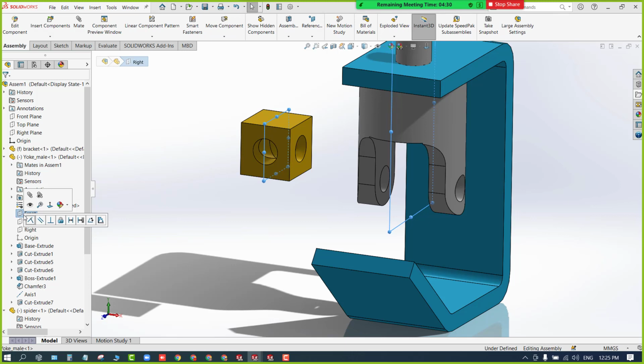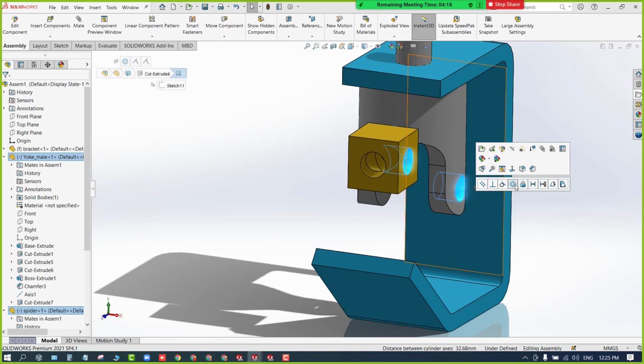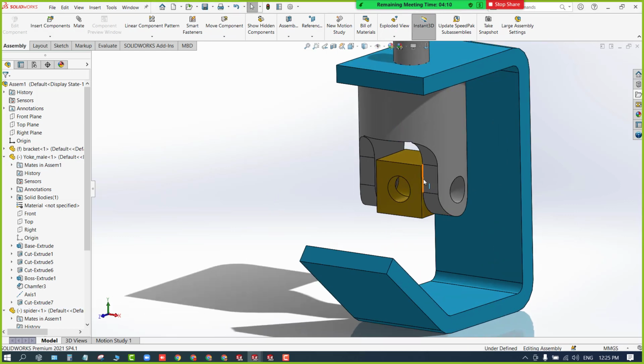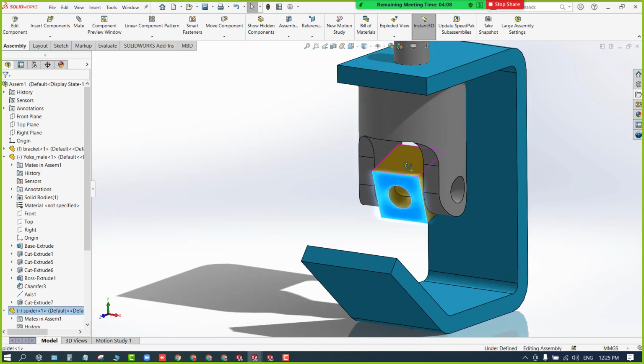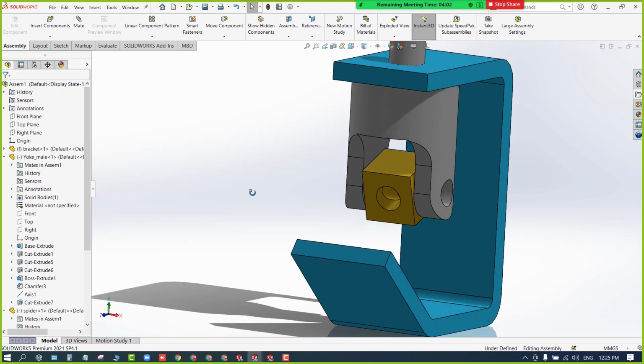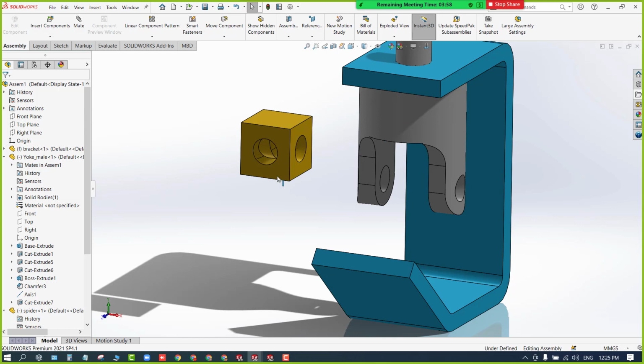Hold the control and select the two planes, release it. Can you see this pop-up? You can directly select the mate which you want. So they are in the center. Again, hold the control, select the faces, release it. It shows concentric is required. Clear? This is one way. You can see it is exactly at the center with the gap, and it is rotating only according to the practical linkage. So I'll press Ctrl Z.